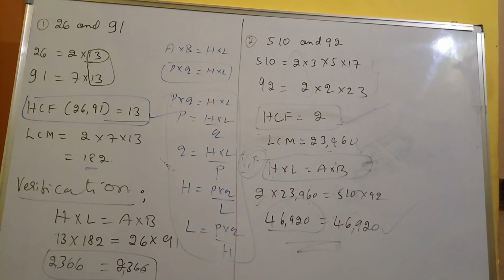LCM means product of the greatest power of each prime factor involved in the numbers. HCF means we take the smallest power of common factors. LCM means we take the greatest power. If there is no common prime factor, then the HCF is always equal to